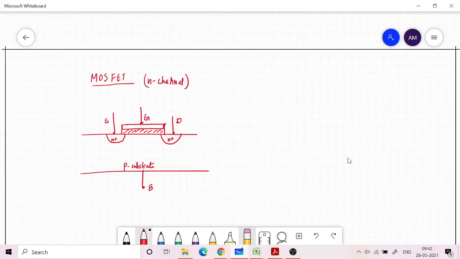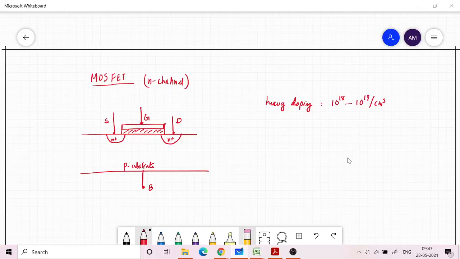N plus stands for heavy doping. Okay, so heavy doping means of the order of 10 raised to 18 or 10 raised to 19 per centimeter cube. Okay, so that it will be highly conductive and you can join with metal and make a good ohmic contact. So that is one purpose. Another purpose for making the N plus region is